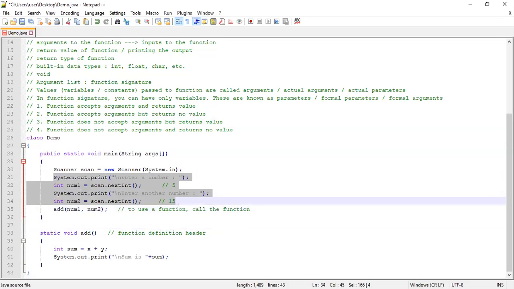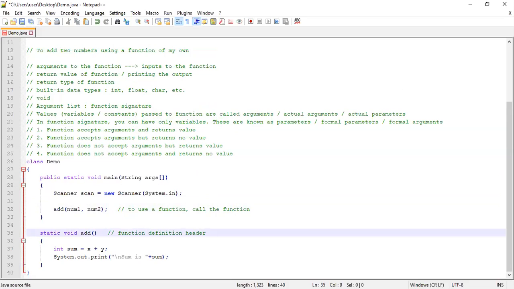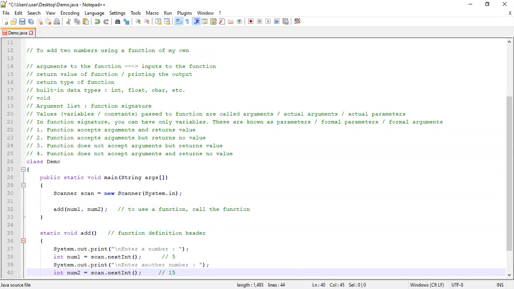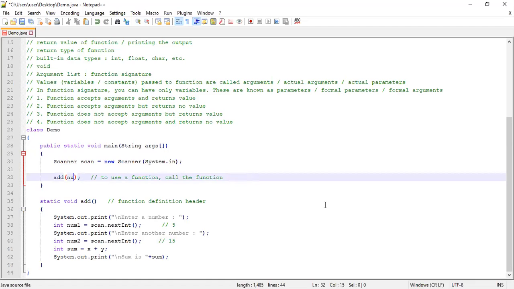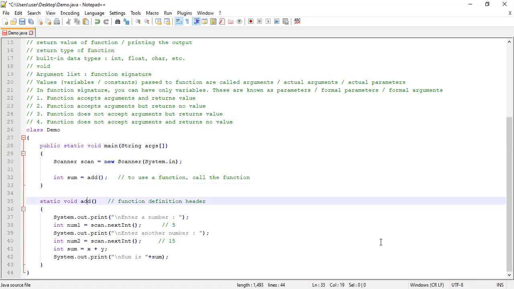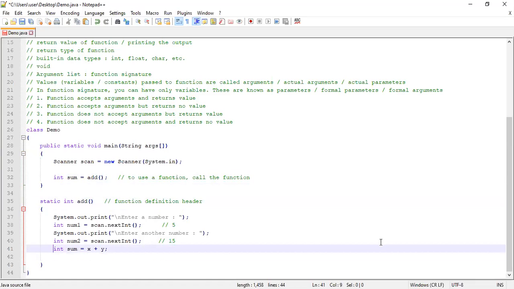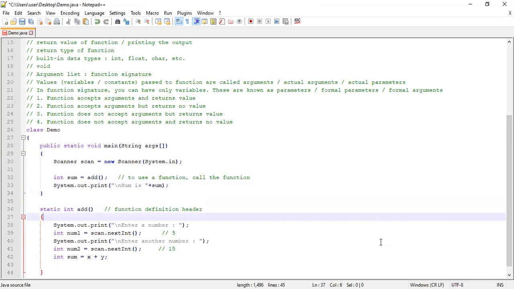So see, I have the input statements inside the function, and now since it's not accepting any argument, I will not require passing any arguments to it, but I'll have a variable on the left hand side, and I'll have to change the return type from void to int, and now it will return a value instead of printing anything. So this print statement has to go up, and I'll have to return a value.